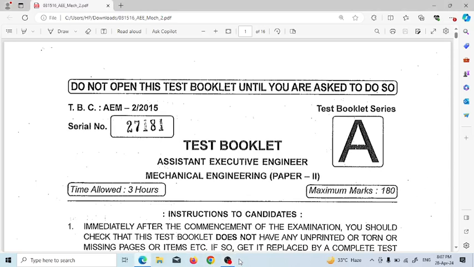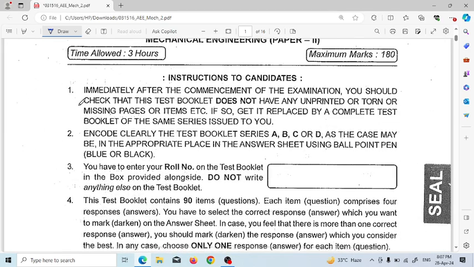So today we discuss the previous year question of 2015 Assistant Executive Engineer, paper 2. In the previous lecture we solved paper 1, and in this class we try to solve paper 2 of the 2015 AEE mechanical paper. So the first question is,